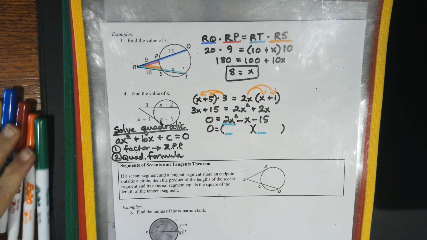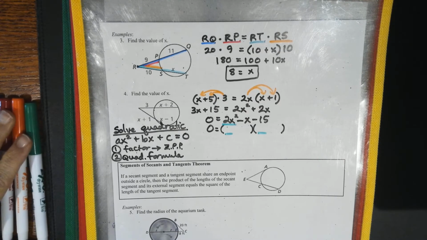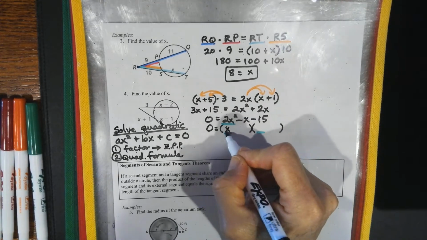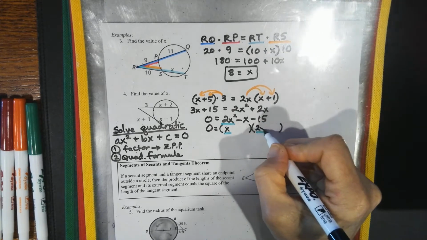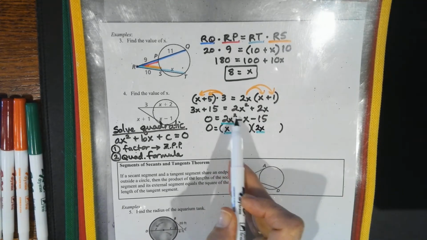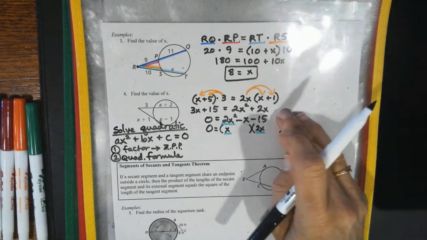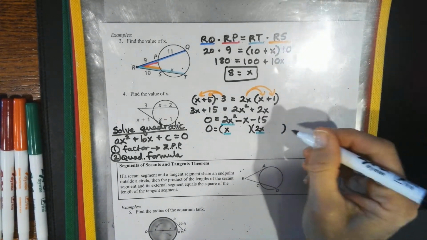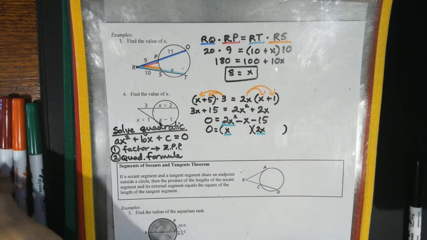Someone volunteer. X. And 2x. Yeah. That's the only way you could get 2x squared, by doing x times 2x. Beautiful. Okay, second step to factoring, if you don't remember, is that these 2,